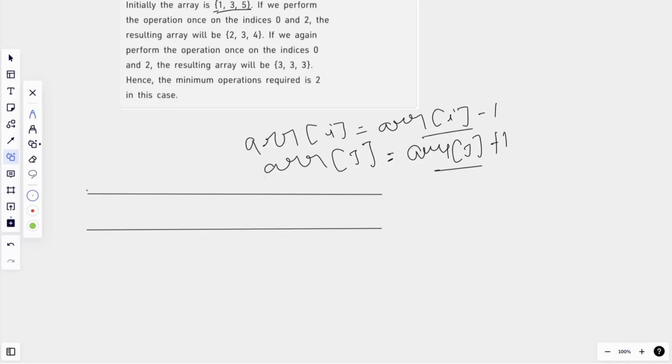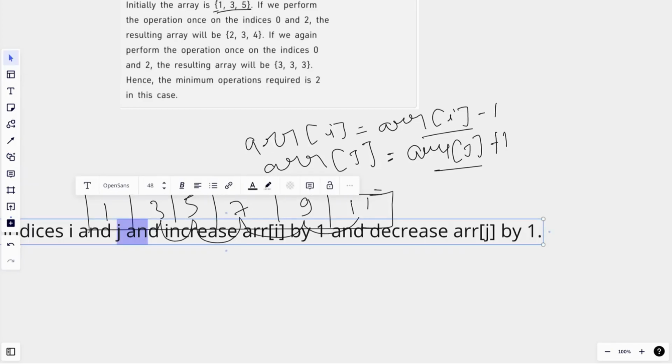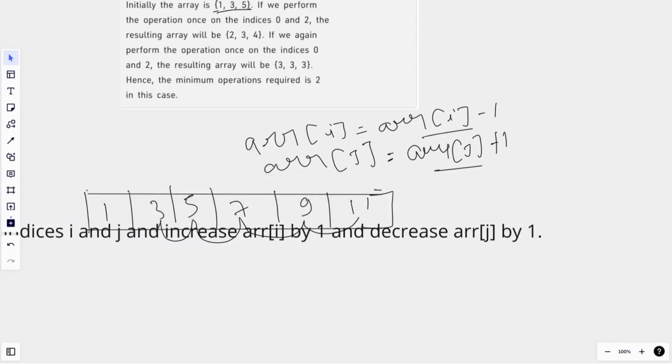Let's see what our array will be for n equal to 6: 1, 3, 5, 7, 9 and 11. So what is the total sum of this array? 11 plus 9, 20, 20 plus 7, 27, plus 5, 32, plus 3, 35 and 35 plus 1, 36.